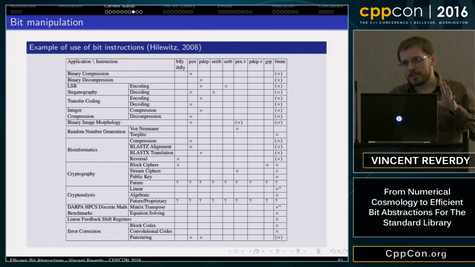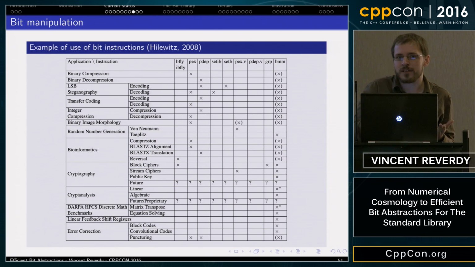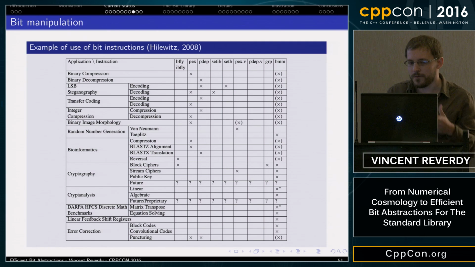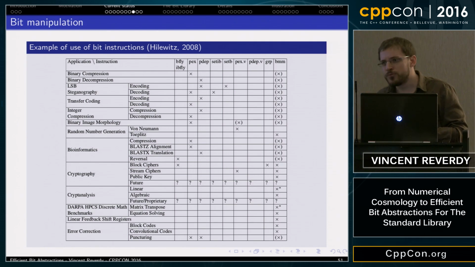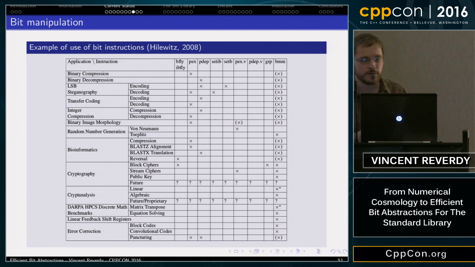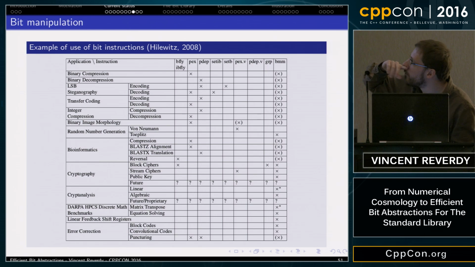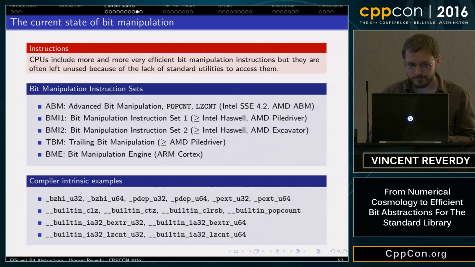So we have these two tools, but the problem is that bit manipulation can be useful for a lot of things, and particularly on new generation processors you have intrinsics, assembly functions that can be used to speed up some applications. Here you have a plot of where they can be used, for example in cryptography, bioinformatics, error correction for memory, and these kinds of things.